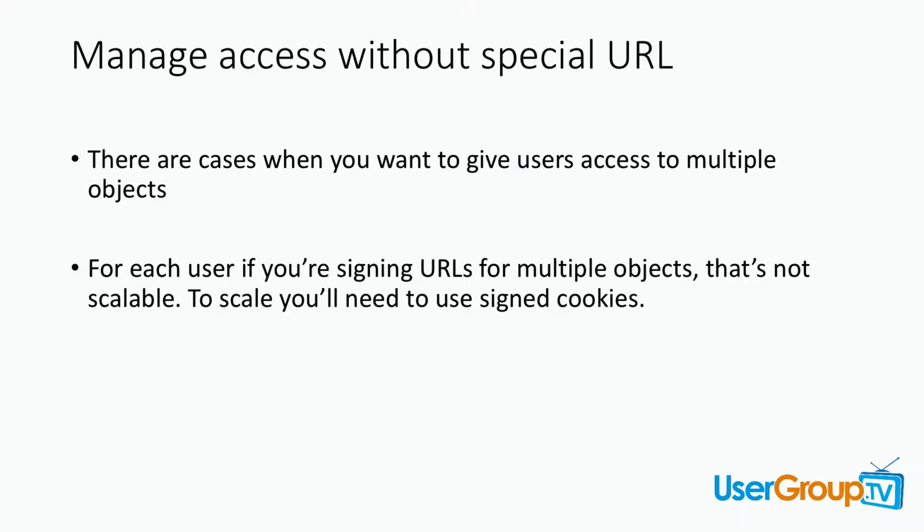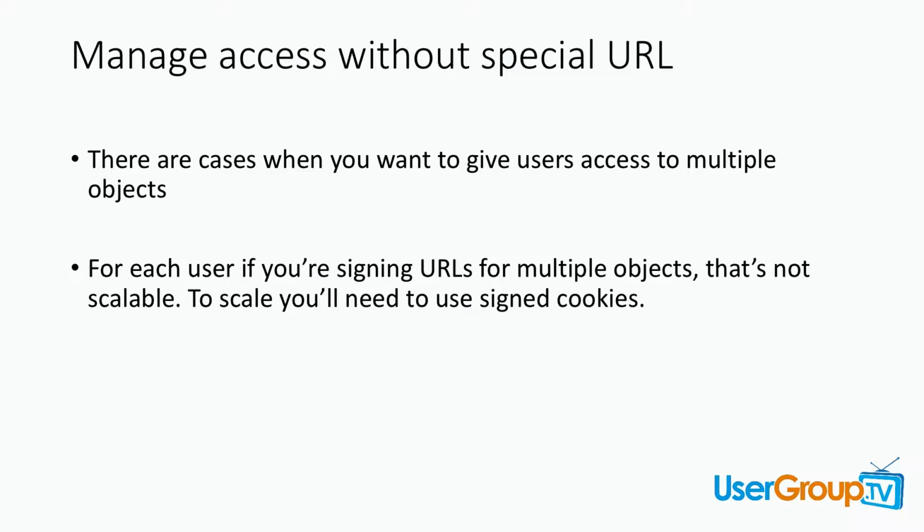There are sometimes cases when you want to give users access to multiple objects. Imagine if you had to generate a special URL for each of those objects, which requires taking a normal URL and calling an S3 API to sign it. It gets pretty intractable. Imagine if you had 10 users and each user needed access to 1,000 objects. That's 10,000 signings that you need to do. That's server time, and it gets expensive. So S3 gives you a different approach for dealing with this kind of problem, and that's what